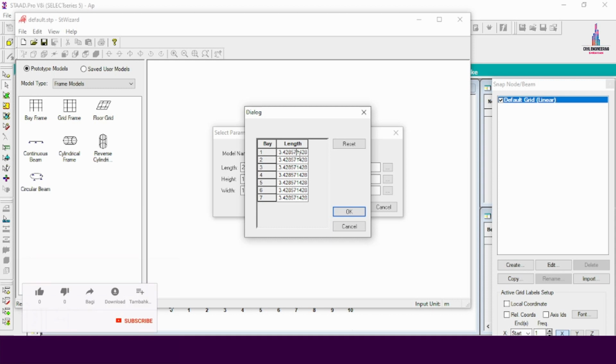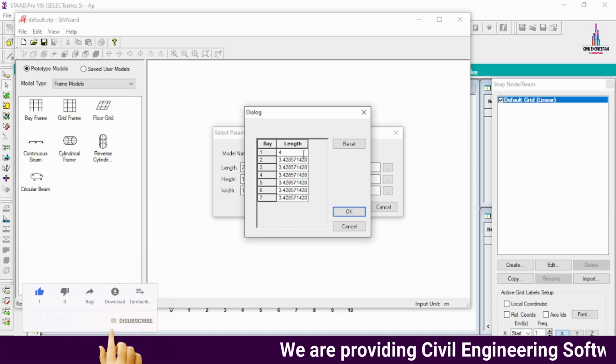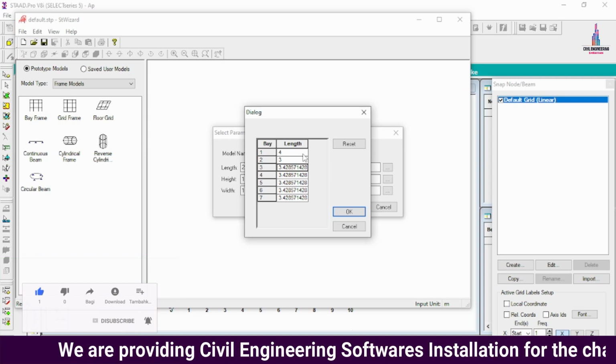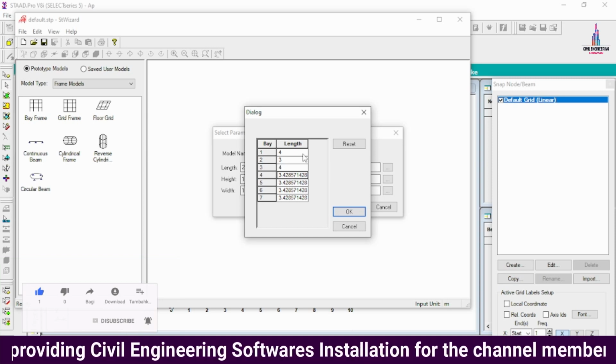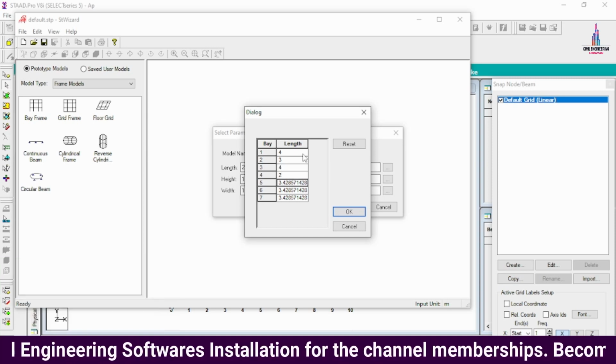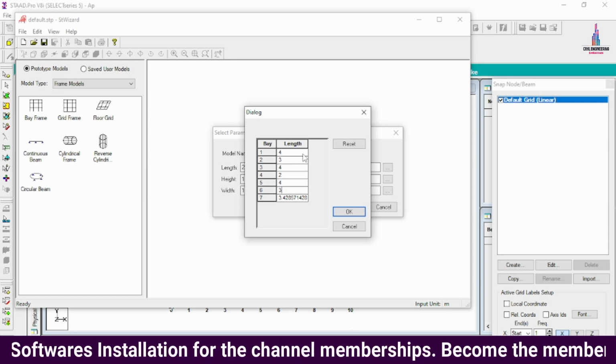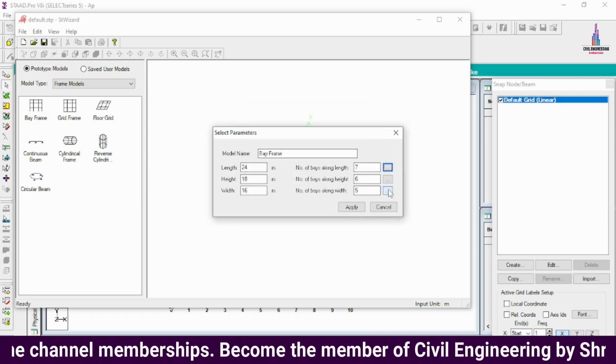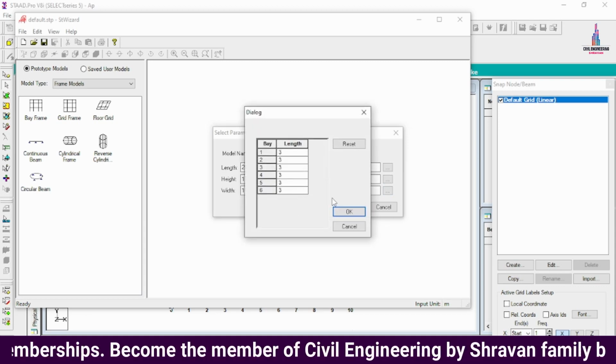This consists of the length option here. We will enter the value of the length according to the consideration. Yes, I am selecting: this is the 4 value, this is the 3 value. Again, this is the 4 value, this is the 2 value, this is the 4 value, this is the 3 value. Again, finally, this is the 4 value. Click on OK. Now in the same process, we will select these 3 dots, which is 3 meters.